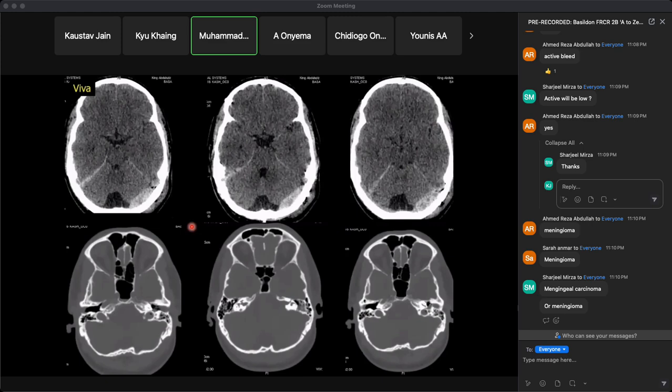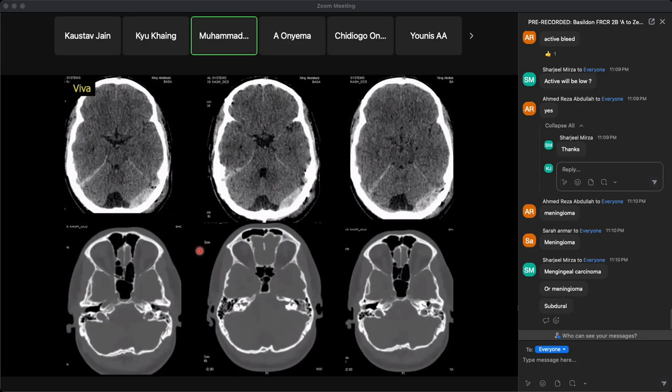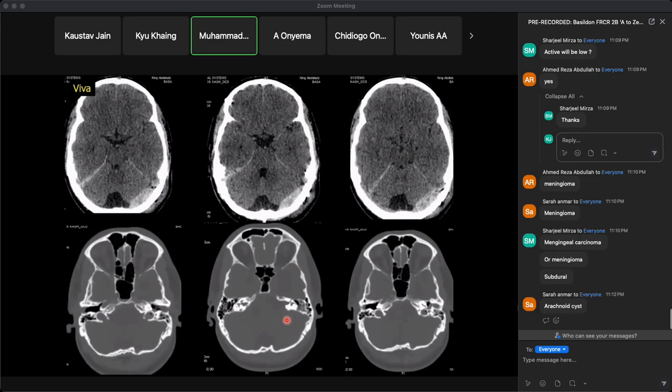So there is an acute subdural hematoma in the left occipital region, in the region of the left posterior fossa, abutting the left cerebellar peduncle. There's also some pneumocephalus there as well. I can see the subcutaneous air locules as well. In the bone window, there is a fracture through the bone as well. So a fracture, pneumocephalus, and